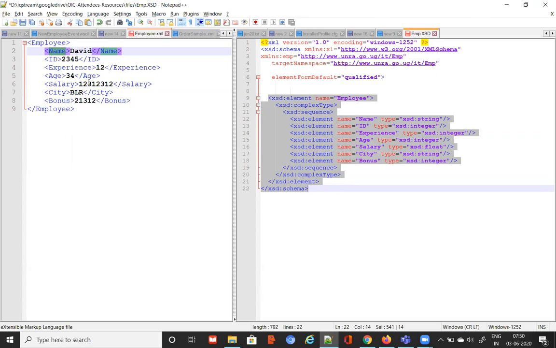It means any XML which follows this XSD will have something like this. The values may change, but it will always follow this structure. You need to mention that, right? Otherwise, how will the client know? Let's say the web service just says you will receive a type of employee. But what is employee? What elements will it contain? For that, we are specifying this XSD.